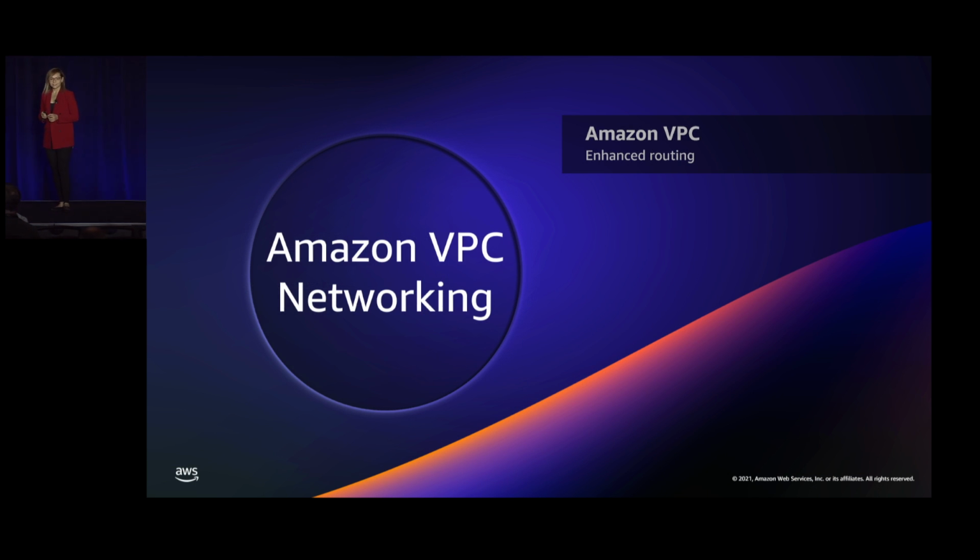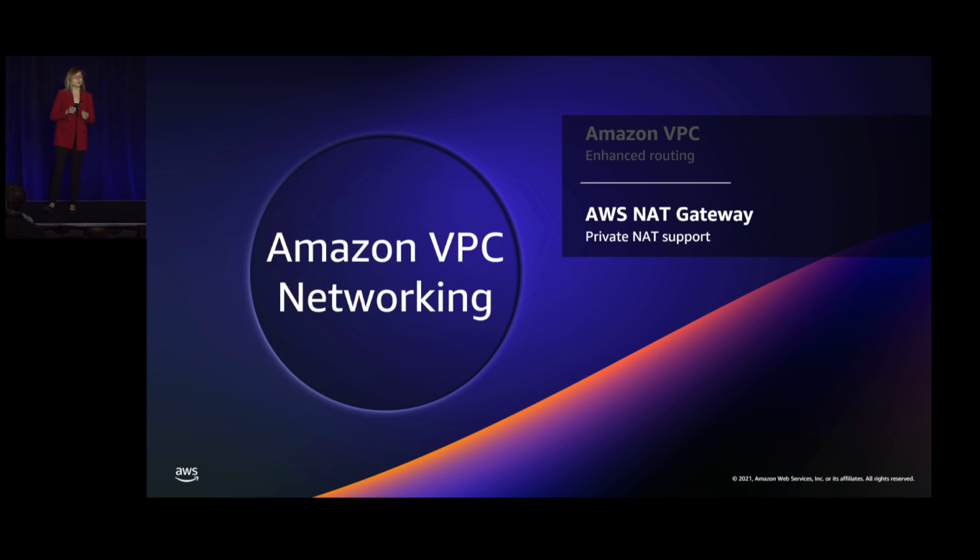Now, the second focus topic is private NAT. And I know we've talked about IPv6 and the ability to enable IPv6 to overcome the limitations of IPv4 private space. But still, there are challenges with overlapping IPv4 space in the VPCs. So how can we enable those overlapping IPv4 spaces to talk to resources in our environment with private NAT?